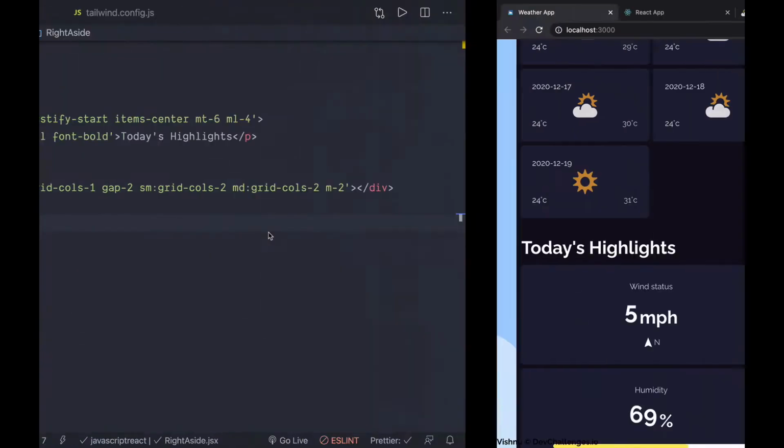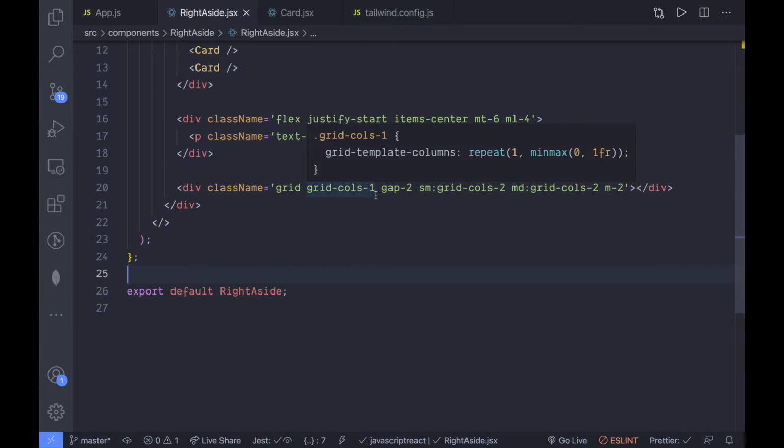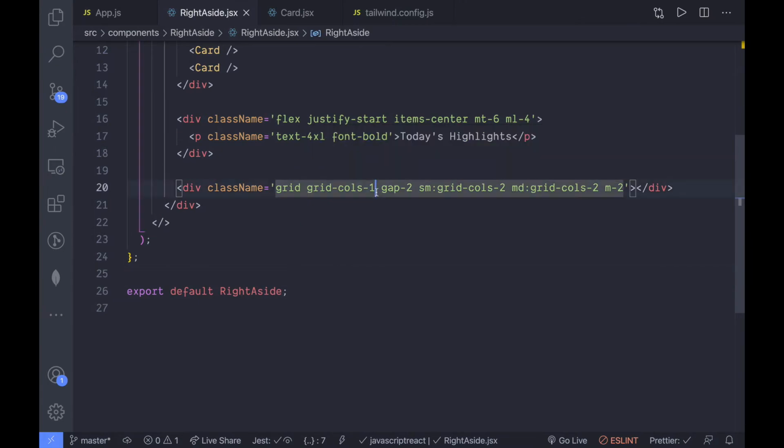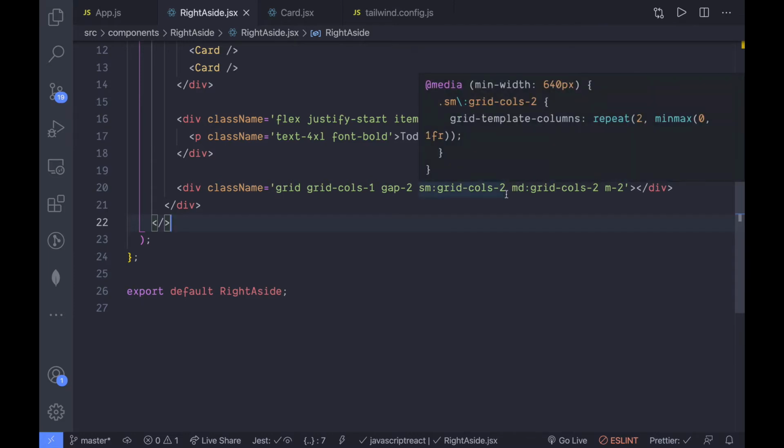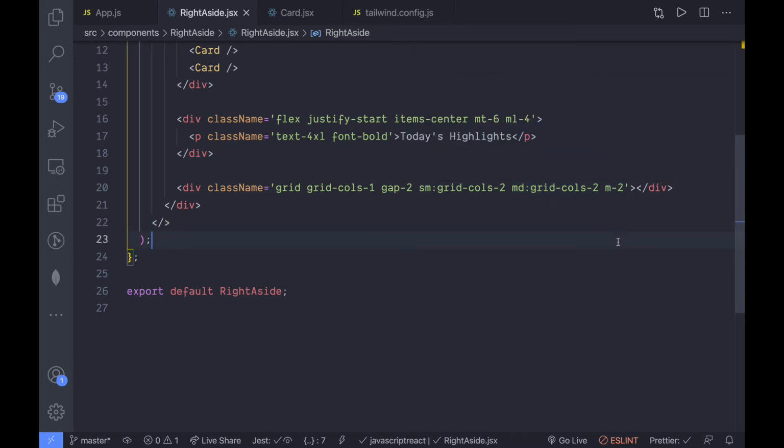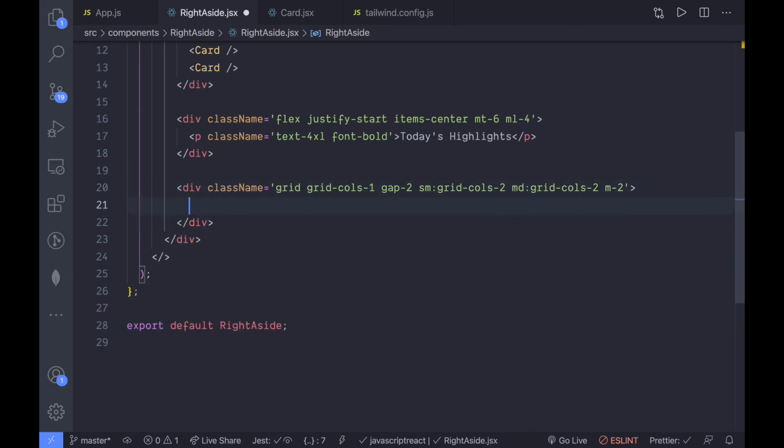So that's what I'm defining here: on the initial screen sizes this spans 1 column, and when it reaches small screen size I am saying this division to take 2 columns, and finally on the medium screen size to take 2 columns and a margin of 2. So that's what I am defining right here, and let's just say card status.